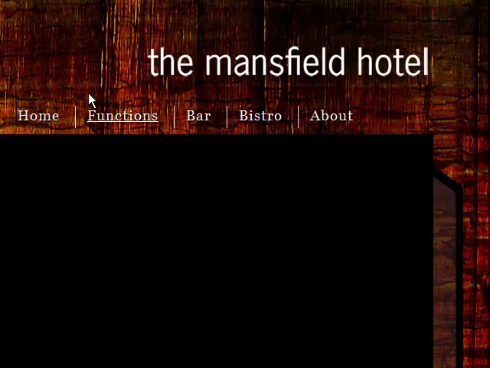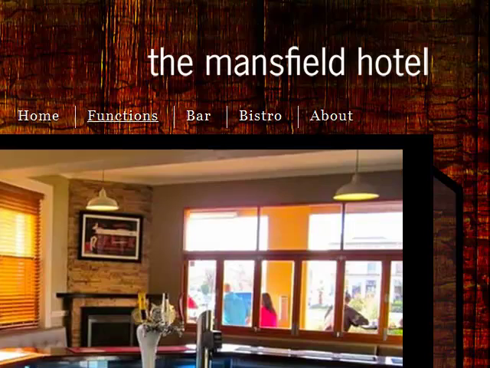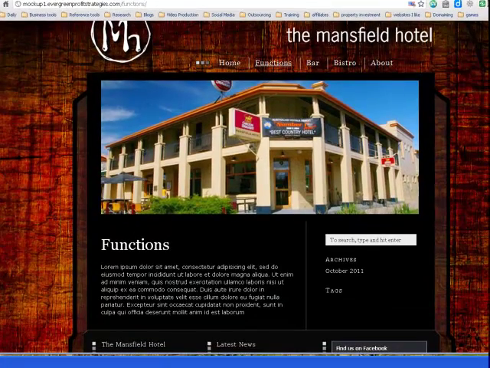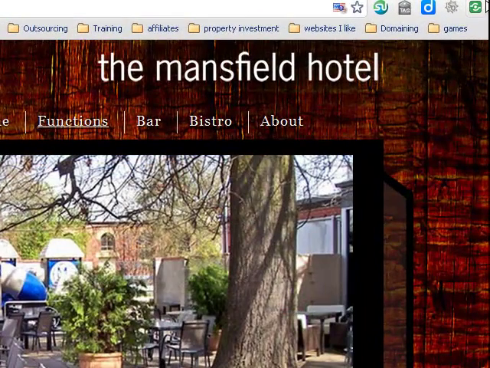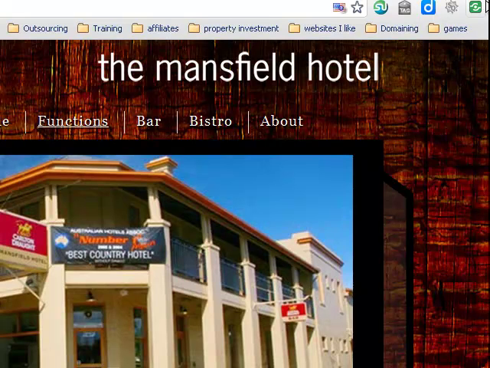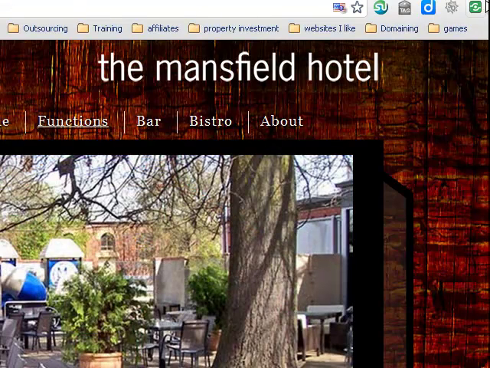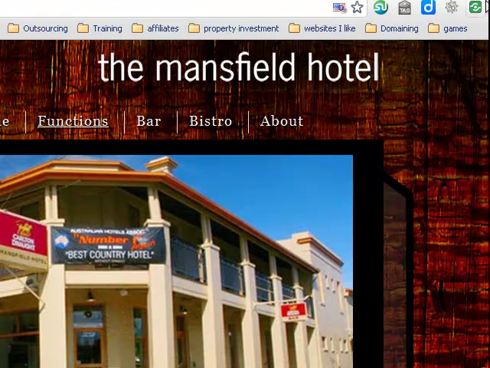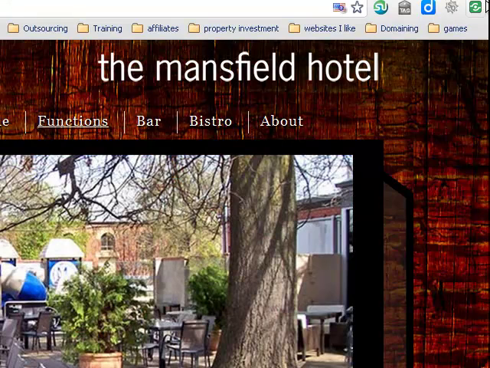The functions page just has some placeholder Latin at the moment, and we just need to add in some information about the fact that the place is suitable for all sorts of functions, from birthdays to weddings to wakes, or wedding receptions, or community groups, meetings, business meetings, community functions, or if they have a special speaker that wants to present to the public, they can book